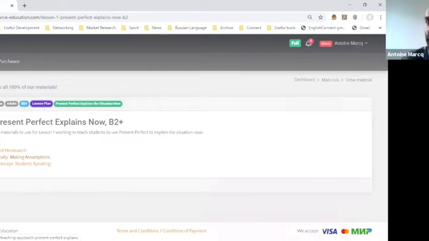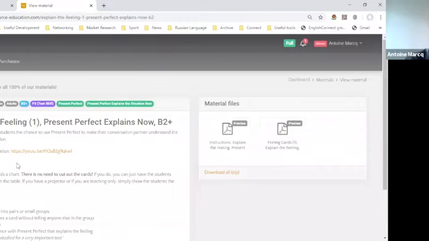So that's our approach really with present perfect. Just start with making assumptions, get your students to feel this subtlety about present perfect, and gradually open them up to this present perfect explains now. Every time you hear present perfect, make an assumption about right now. Next step, solidifying the concept. Let's get students speaking now. So this is the first step, okay? First lesson on present perfect, remember?